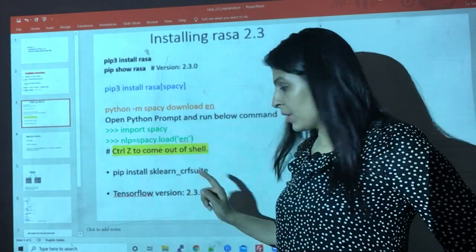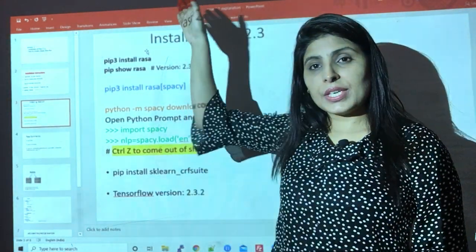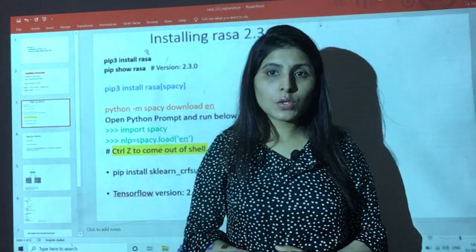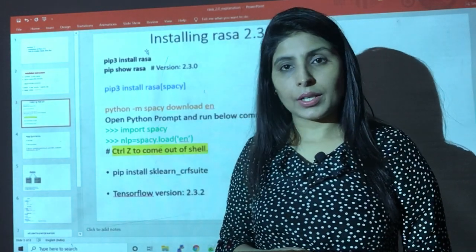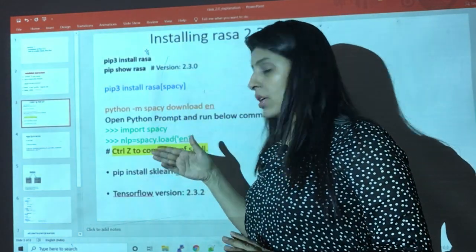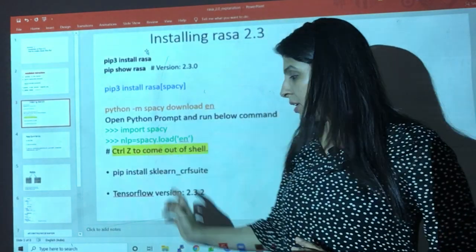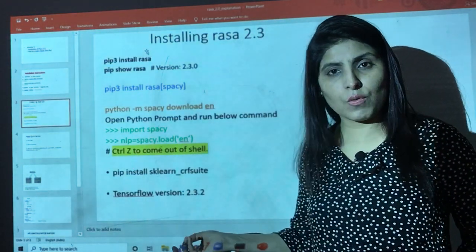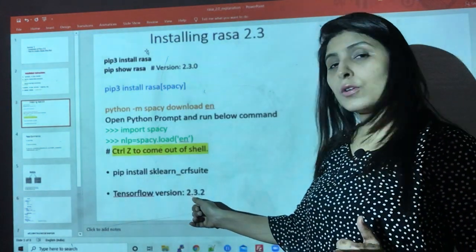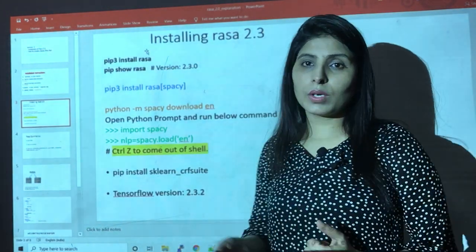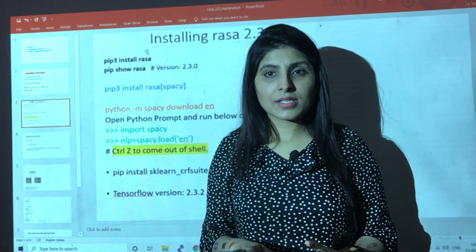So these are the steps which you need to execute when you want to install Rasa 2.3. After executing these steps, just check the TensorFlow version. The TensorFlow version which I am using is TensorFlow 2.3.2. So the installation part is done.